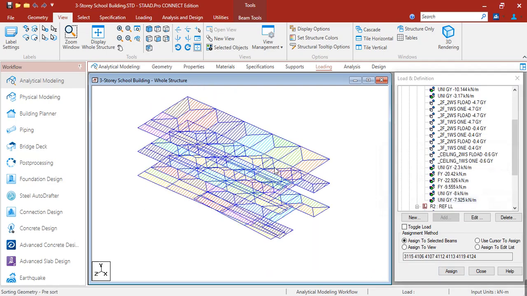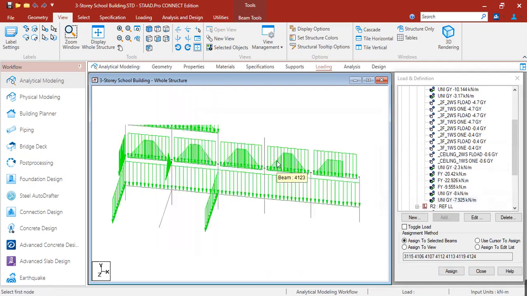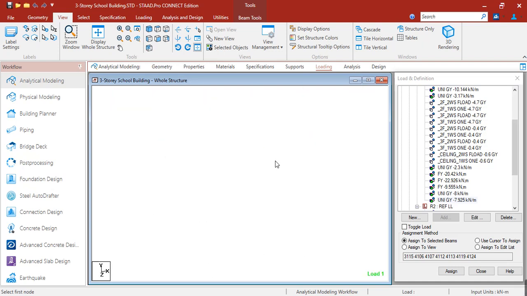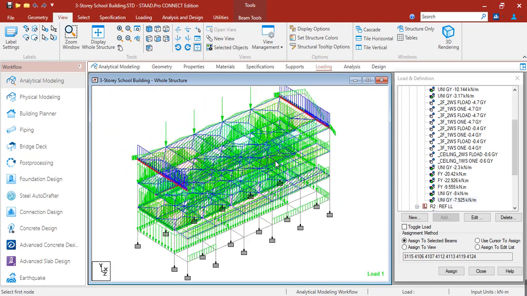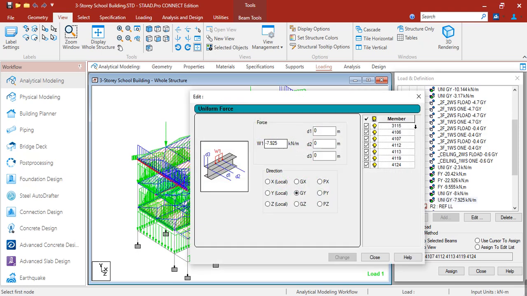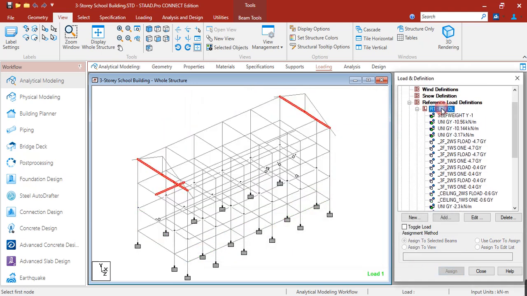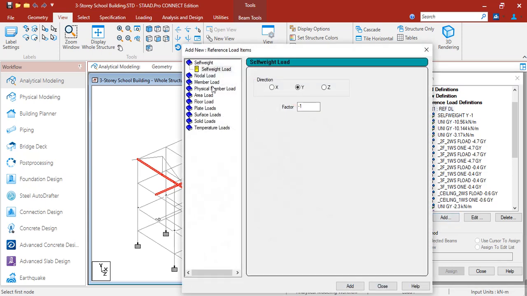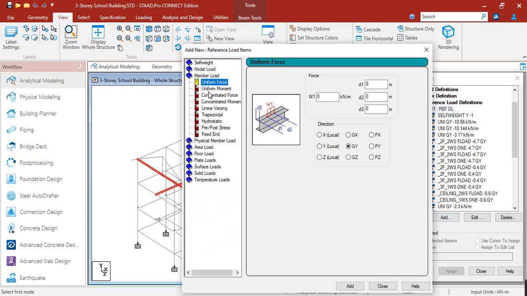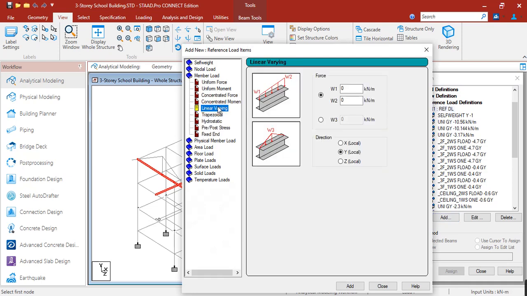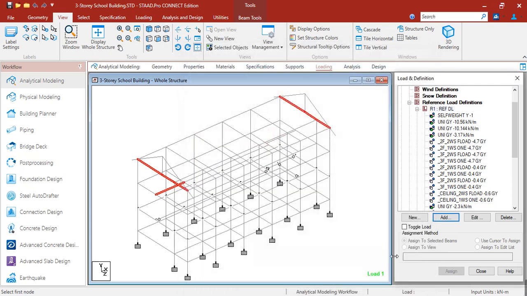Okay, but you can also use a triangular load if you want to be more conservative. If you want to add a triangular load, this should not be uniform load, hence you need to apply member load, but now it's not uniform, it should be trapezoidal or varying. Okay, so you can use linear varying or trapezoidal load. Okay, so that's all for dead load and live load. Thank you.